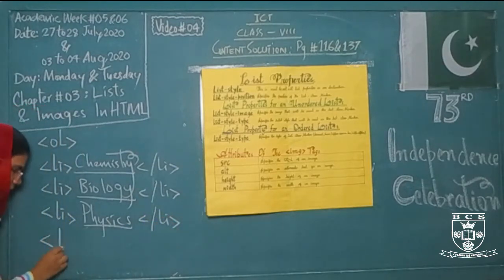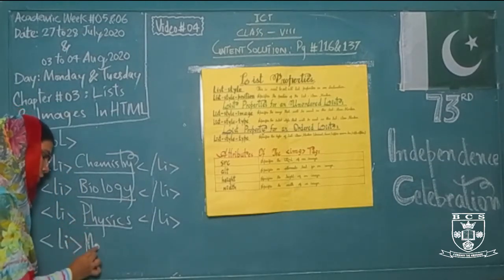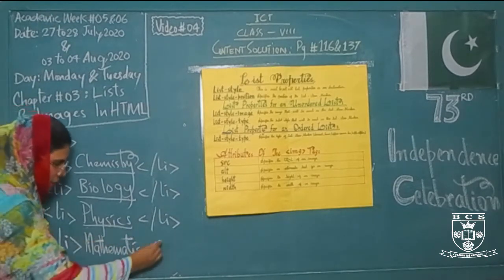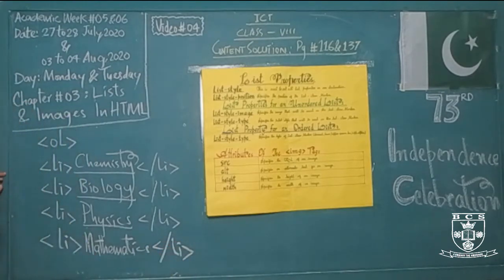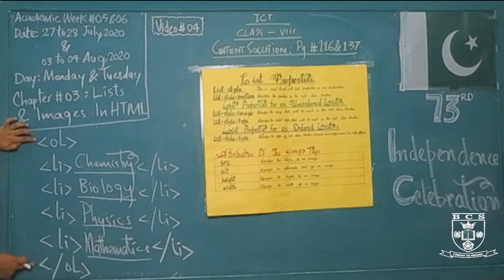The last list item, what should it be? These are the optional subjects for the science faculty. So this is the main subject for the science faculty, mathematics, and this is also a list item. So we will mention all these tags, and right after that my ordered list is completed with the last one, that is mathematics. Now I am mentioning the same tag for the ordered list, but with an added slash, and it is representing that our ordered list is starting from here and ending here.